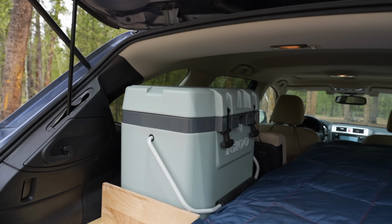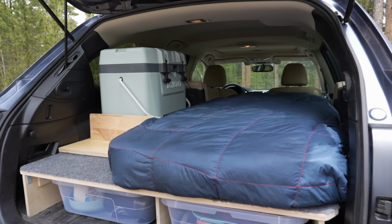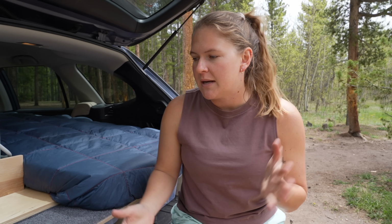So the first thing that you're going to notice about this build more than likely is just how simple it is. As I was mentioning, I just completed this, and buying the car 2.5 weeks ago, then being in an accident and having it done already lends itself to a simpler build in general. And the reason for that right now is because the purpose and the goal of this build for me